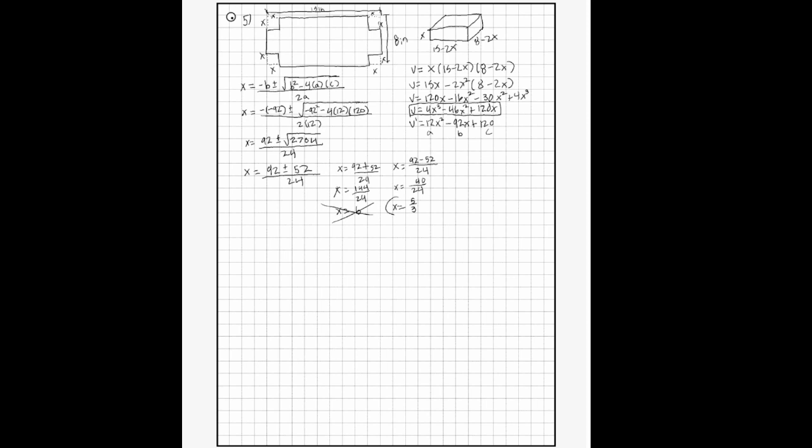So this point right here is mucho importante. I think that's Spanish. Anyways,